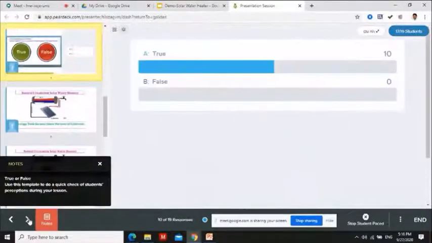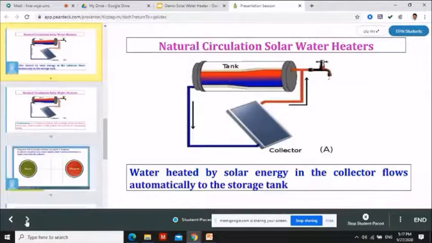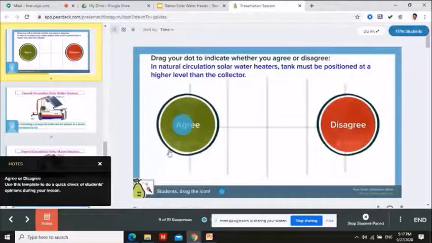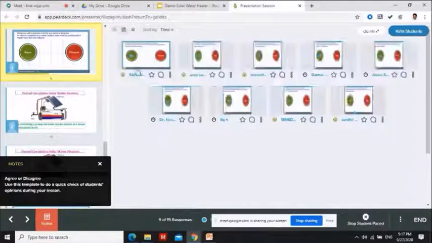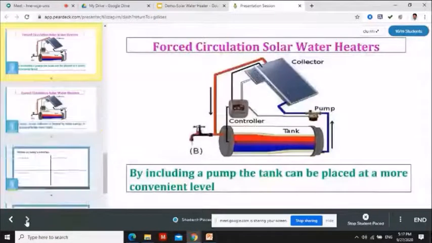Okay. So this is another answer. This is the answer from various students. So this is how a conventional presentation can be converted into an interactive presentation, where the students interact while the class is on. While the class is on, they will respond to your questions. That is the use of this tool.